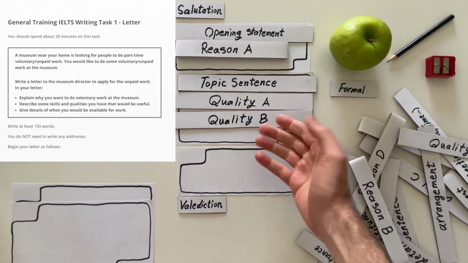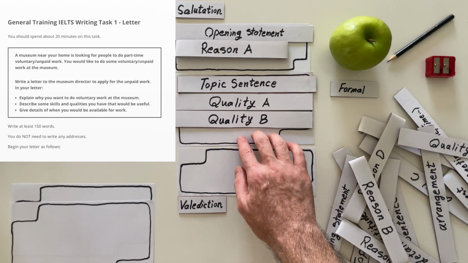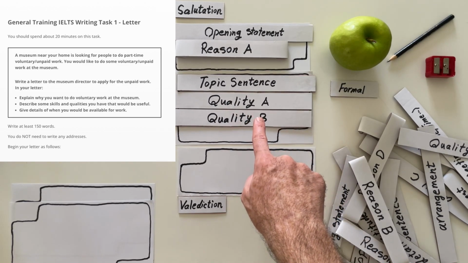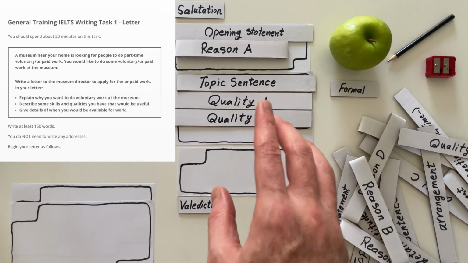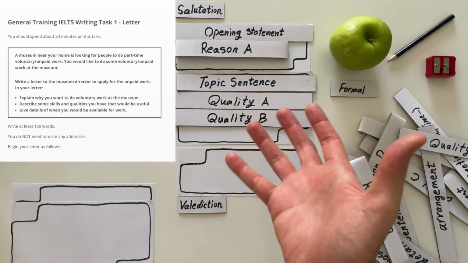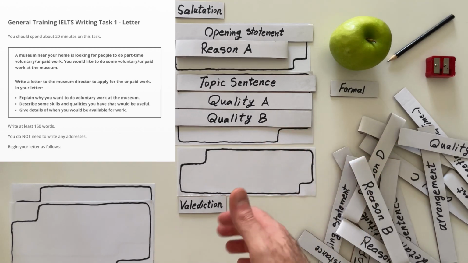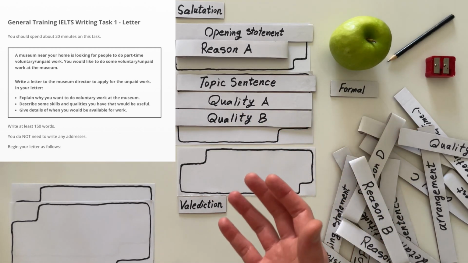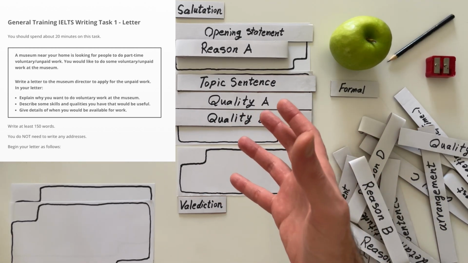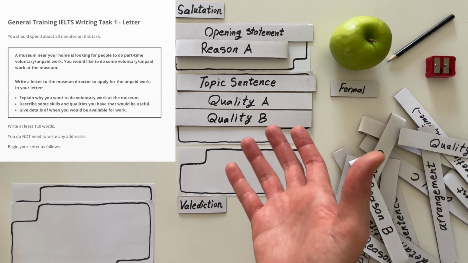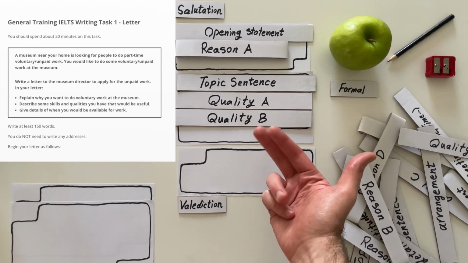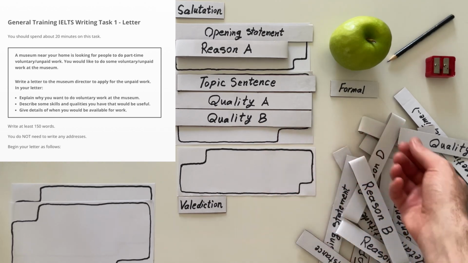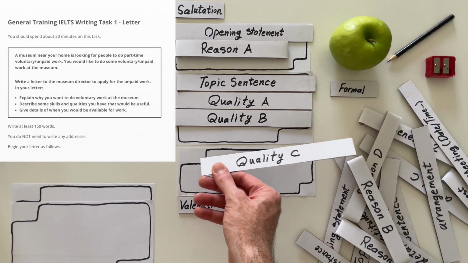You can talk about the things that you have. You can say if you worked in a museum previously. You can say if you can arrange, you can make some advertisement for the museum. You can bring more people to the museum. You can do some work that the museum is already paying for, and you can do them for free. Talk about the qualities that you will bring. Even if you want to add another quality, be my guest.